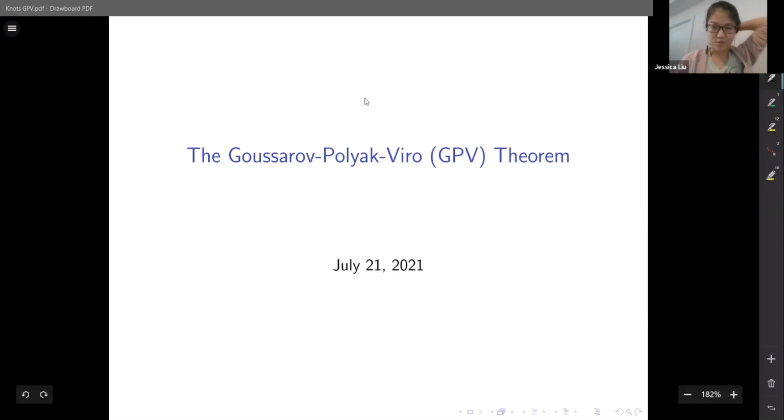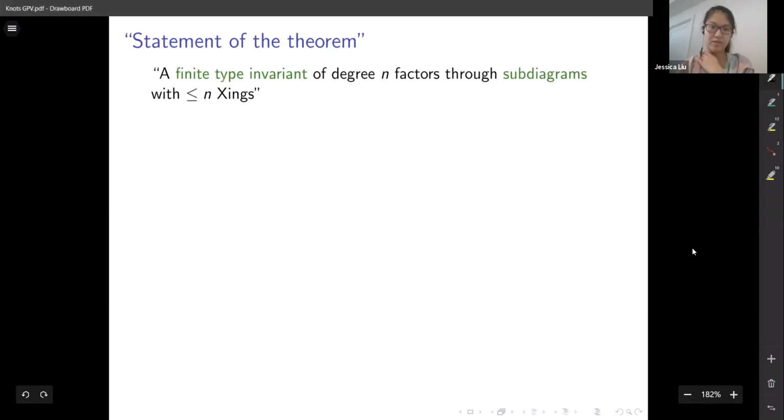So I will talk about the Gusarov-Polyakh-Virov theorem, or for short, just GPV. Approximately what the theorem is saying is, if we have a finite type invariant, we can compute it on a diagram by looking at the subdiagrams with less than or equal to n crossings, where n is the degree of the invariant. So just to recall, the finite type invariant,